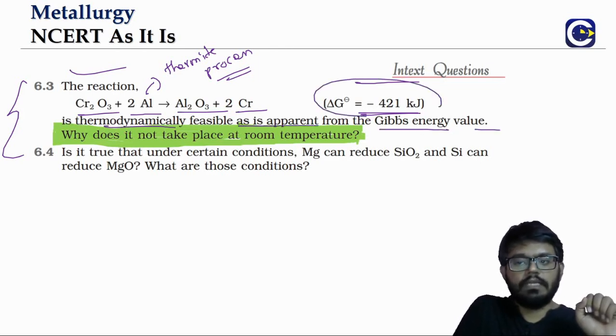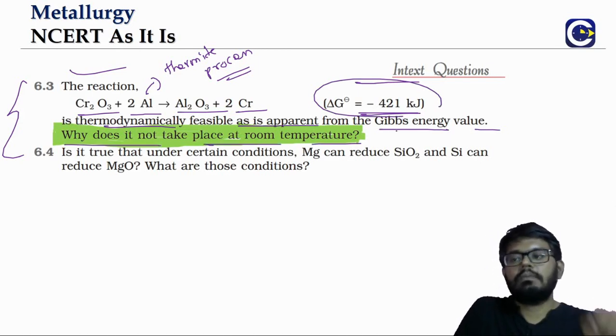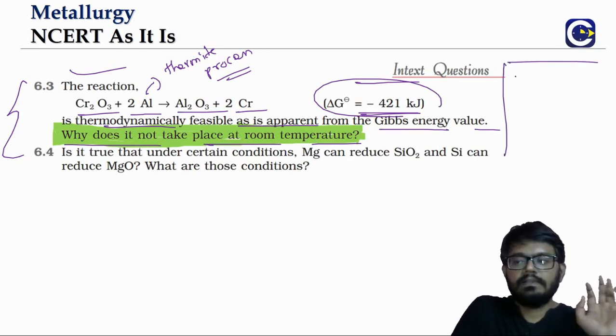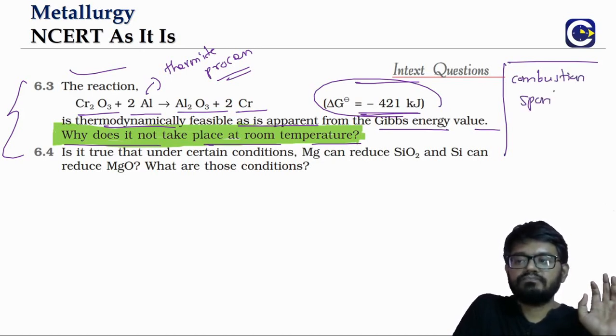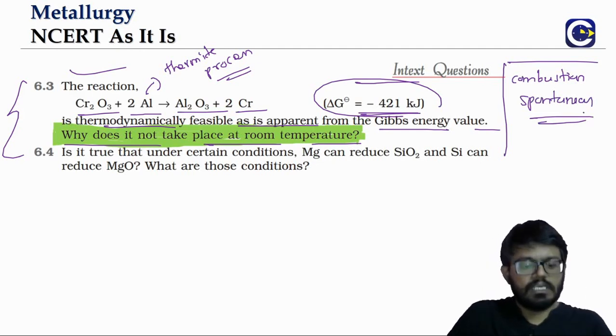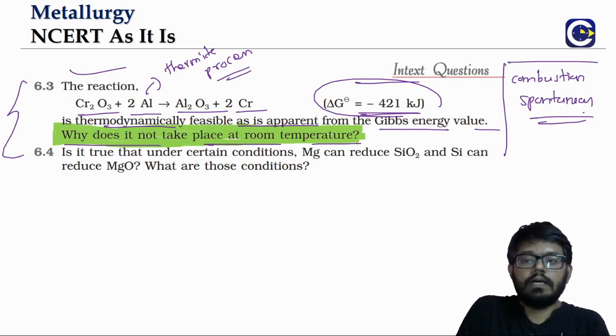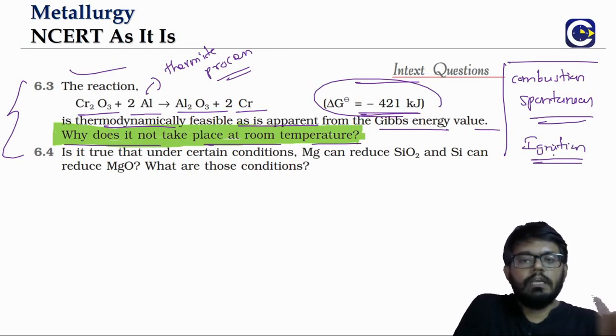Correct. Negative, right? But why does it not take place at room temperature? So remember one thing. A negative del G means what? Spontaneous. Yes. That way combustion is also spontaneous. Say you have some kerosene. You just keep it outside. It can undergo combustion in air, right? That does not mean that the kerosene will start automatically burning on its own, because we will be requiring some ignition, isn't it? So what does the ignition do? It will provide the activation energy,